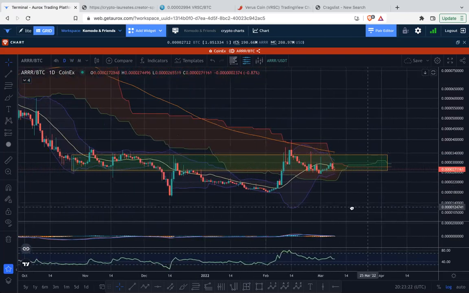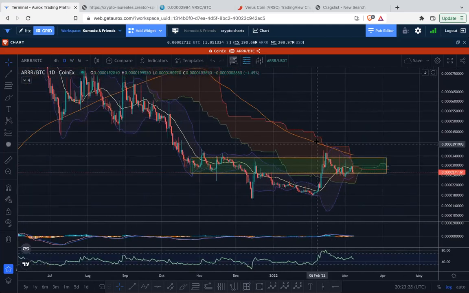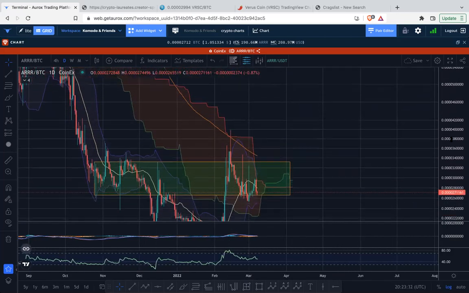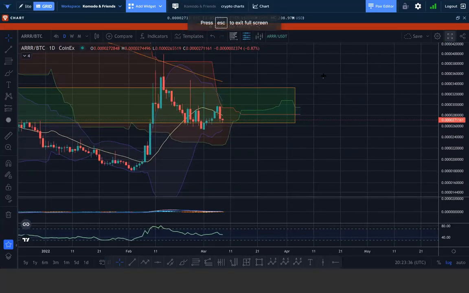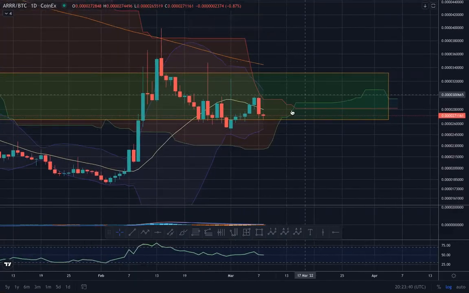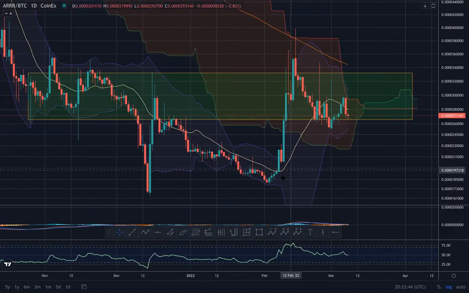But recently we were wondering, and yes, it did come up and touch the 200-day moving average. It got into this cloud. It did get all the way up here. It fought through this whole cloud. Okay, and on a daily now, when looking at price, we start to see in relation to Bollinger Band and Ichimoku cloud,